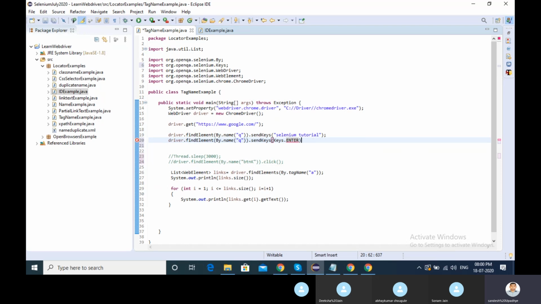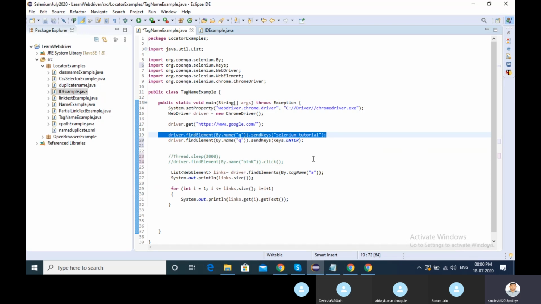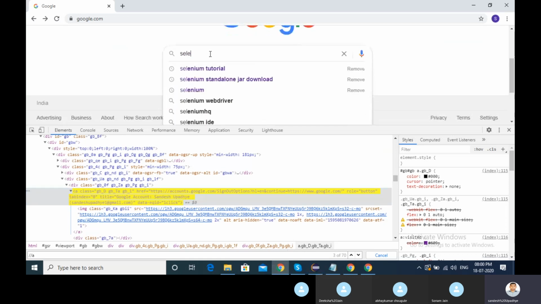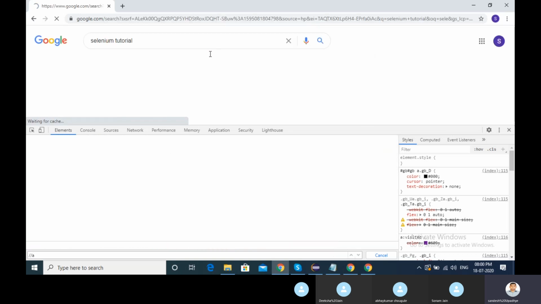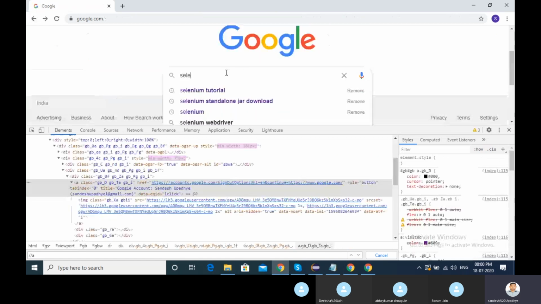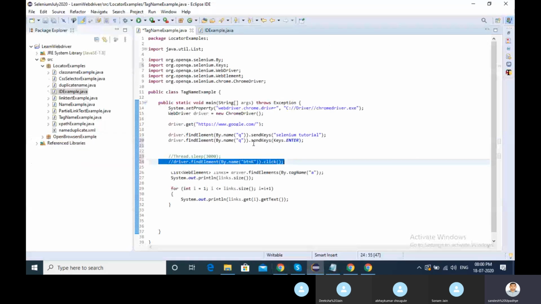So what happened with this command? Previously I entered Selenium tutorial in the Google page, and it would hit the button itself, right? So whatever button I have, it's hitting here. Now if I enter Selenium tutorial and just press the enter key on the keyboard itself, there's no need to click that button using the code. So I'm pressing the enter key on the keyboard. You can pass sendKeys with Keys dot ENTER as well. So this should work, and this should work.